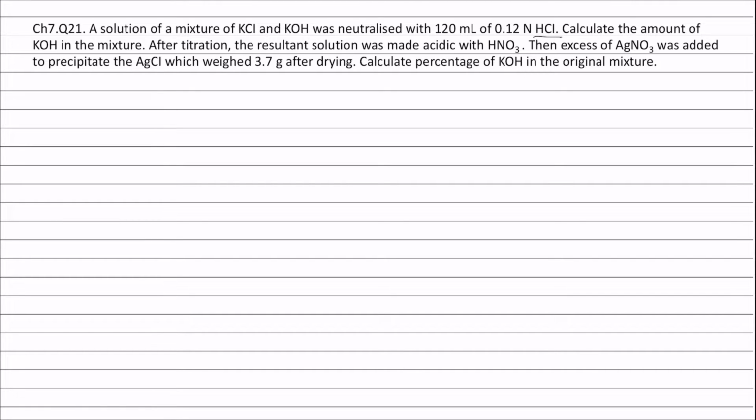When HCl is added to a mixture of KCl and KOH, only KOH reacts with HCl to form KCl. The reaction is KOH + HCl → KCl + H2O. Milli-equivalents of HCl will be equal to milli-equivalents of KOH, which will be equal to milli-equivalents of KCl. Or we can also say that milli-equivalents of KCl will be equal to milli-equivalents of HCl,